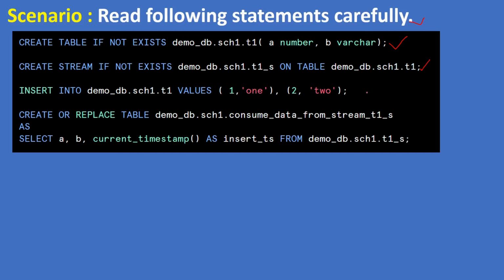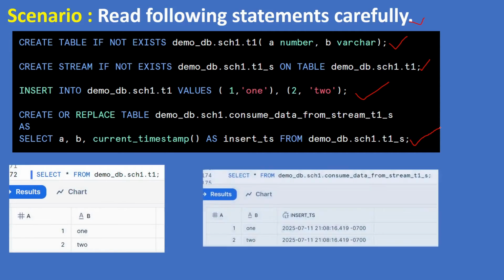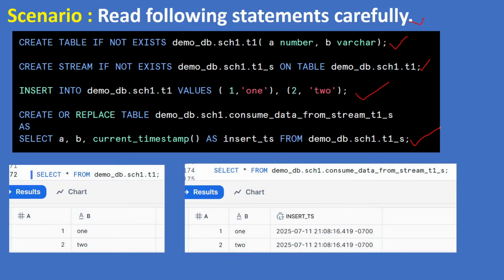Remember, a stream records change data capture events, CDC, on a source table. Next, we insert 2 rows into T1, 1, 1 and 2, 2. Finally, we create a new table, consume data from stream T1_S, by selecting from the stream T1_S. When you select from a stream, it consumes the changes, meaning those changes are no longer tracked by the stream